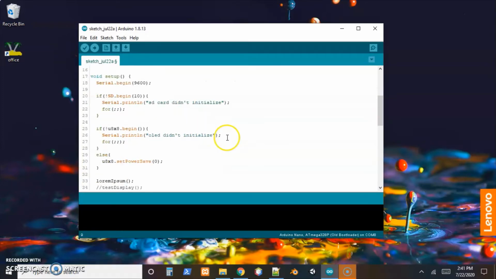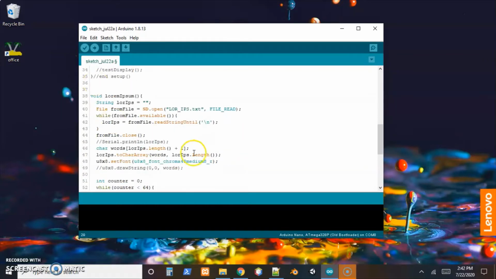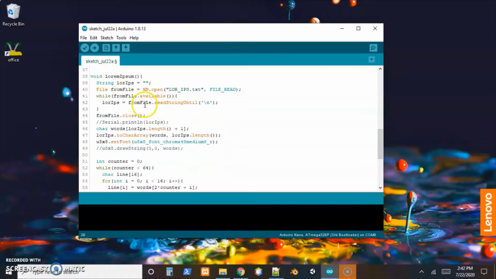Initialize everything. Just set up some basic error handling, like if not SD begin. So if the SD card didn't initialize correctly, that's the negation here. If it doesn't initialize correctly, throw up an error message. Same thing on this other one. If you call the initialize method and it triggers true for the negation of initializing it, then throw up an error message. And then just a method to read what's on the file, which obviously